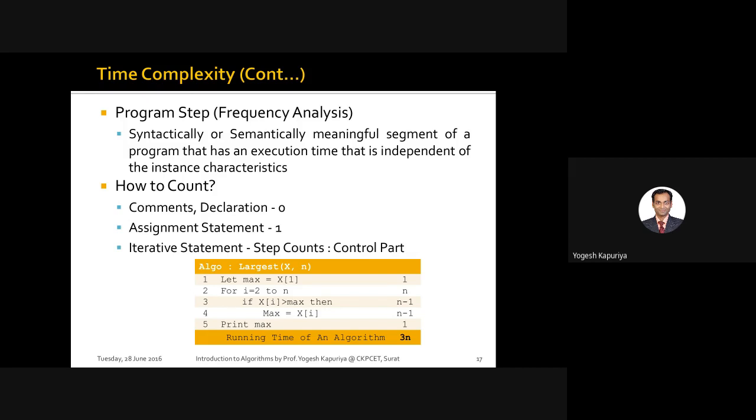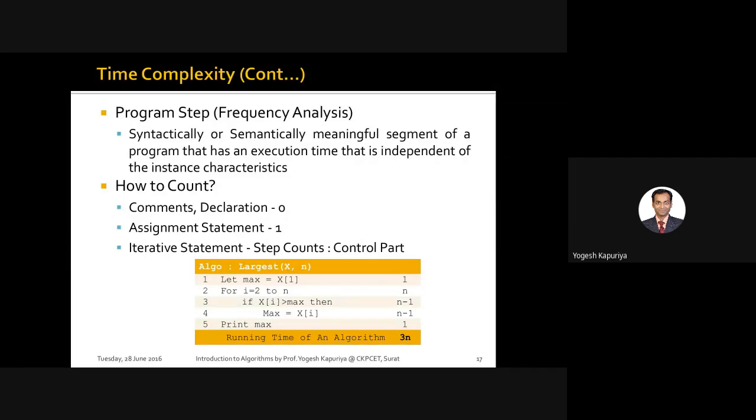So break is actually moving the control from that particular point to out of the loop. Or let's say you are using a for loop and you are using a continue statement. So all these are considered to be an assignment statement. So the step count for those types of statement is 1.